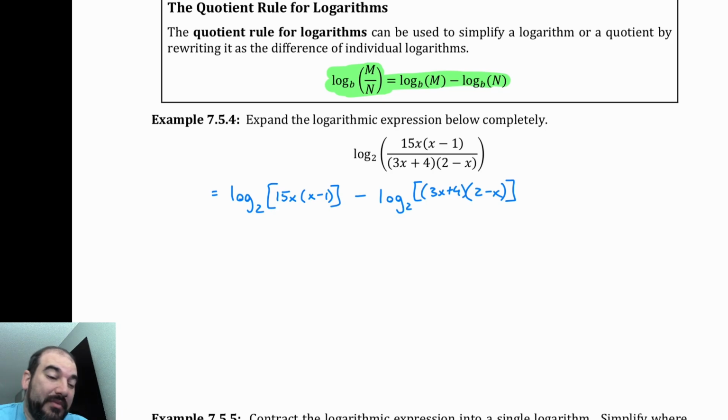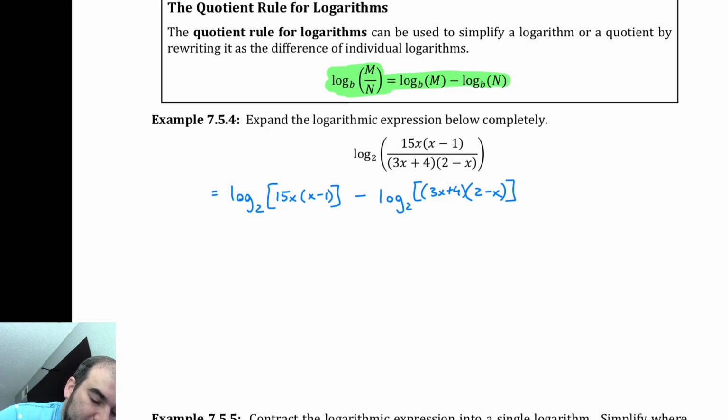and we wouldn't stop there because it says to expand completely, because now we no longer have any quotients, but we do have products, right? We have things being multiplied together. These two are multiplied together. There are 3 things being multiplied together here. So those are going to expand into a sum of logarithms. So we're going to have 1, 2, 3, 4, 5 logarithms added and subtracted from each other as a result